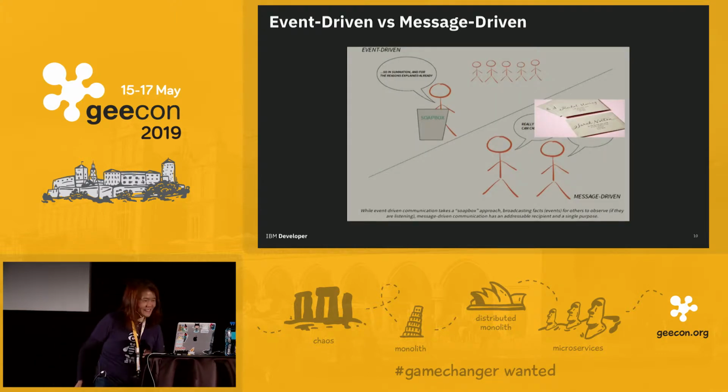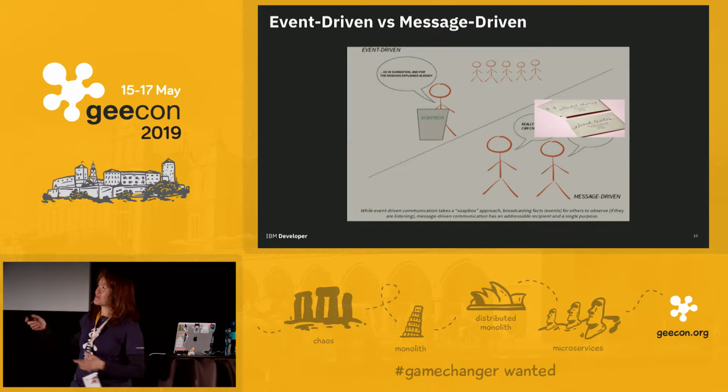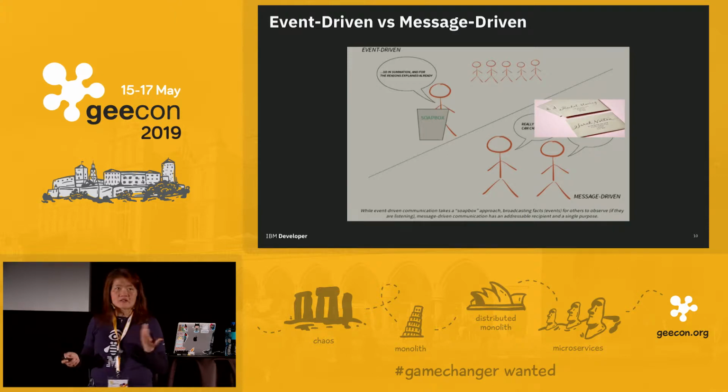Okay, all right. So now I'll go into comparing event-driven and message-driven. For event-driven, by the way, this diagram too I borrowed from Lightbend's documentation. I find it useful because for event-driven, think of it as a soapbox, somebody making an announcement.